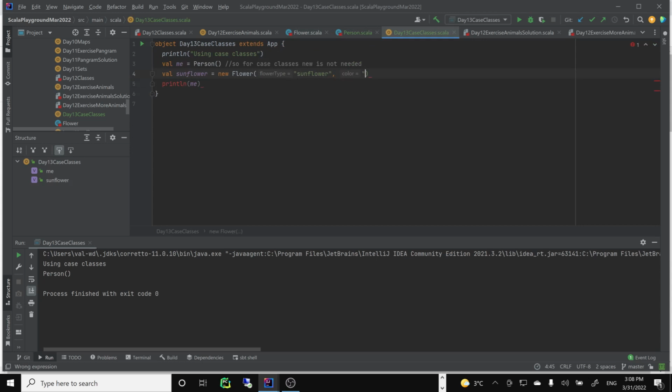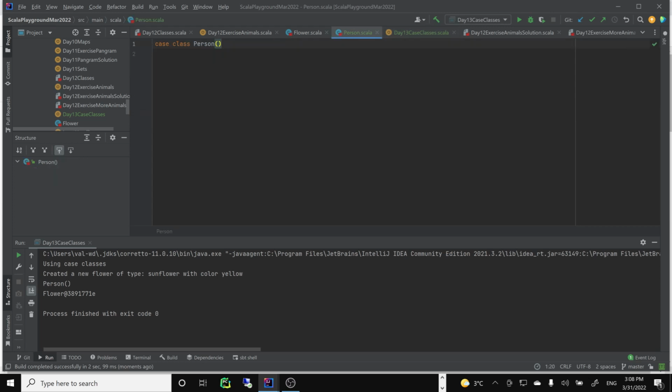So when I print the sunflower, println sunflower, let's see what happens. Of course, the difference will be apparent here: Flower something at something. So far it doesn't claim much advantage, but for debugging purposes,